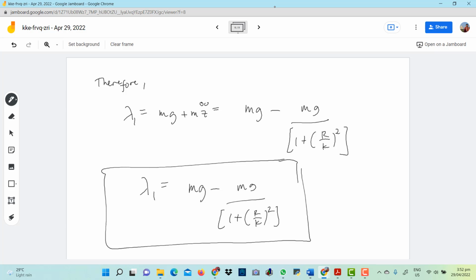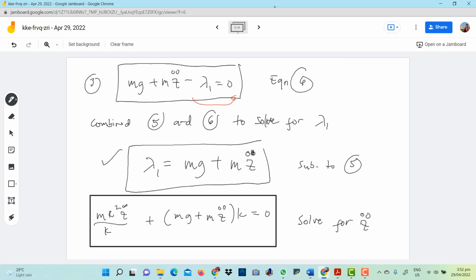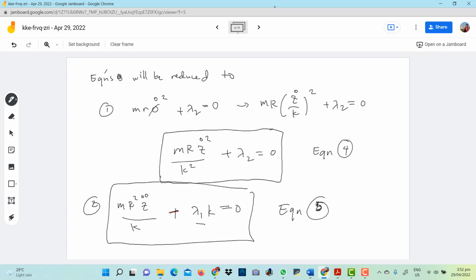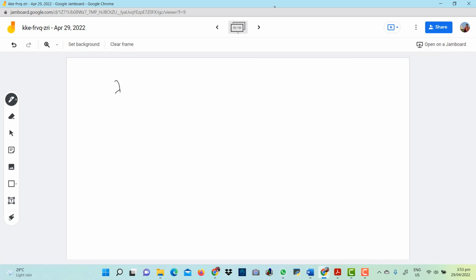How about for lambda 2? From equation number 4, lambda 2 is given by minus m r z dot square, not z double dot, but z dot square over k square. So what we need is to first solve for z dot. How are we going to solve for the z dot? Take note